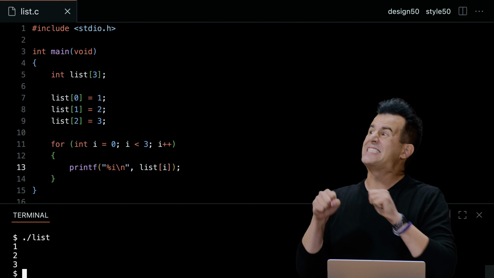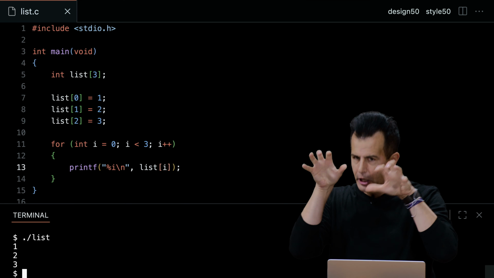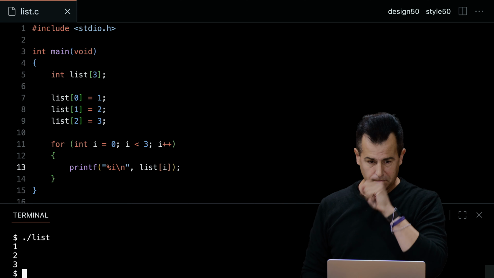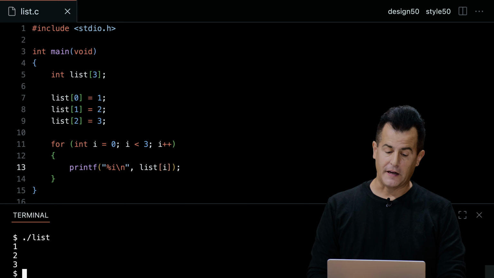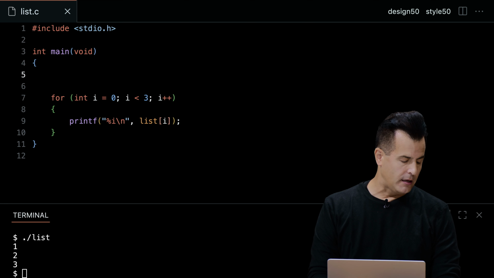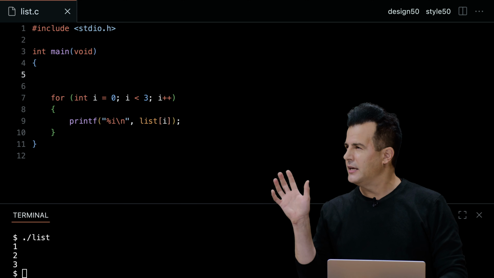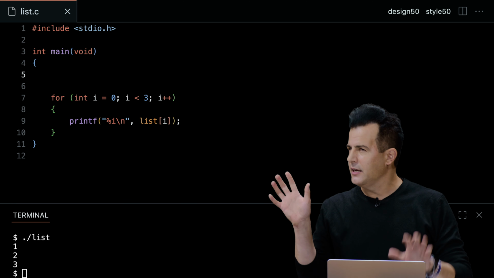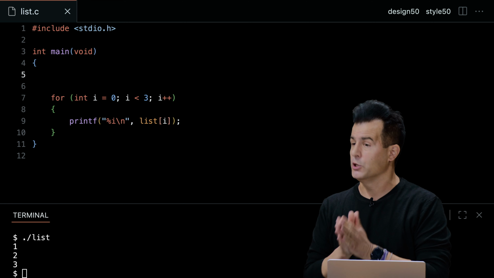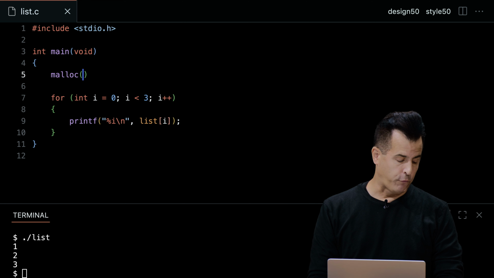And instead of statically allocating memory for this array, and by static I mean literally hard coding the number 3 here in a way that is permanent, effectively, let me go ahead and do this instead. At the top of my code, let me delete the static allocation of that array before, and now let me leverage my understanding, if still preliminary, of pointers and memory management from this past week 4 to just dynamically allocate a guess at how much memory I need initially. So I'm going to go ahead and use malloc and allocate space for 3 integers.